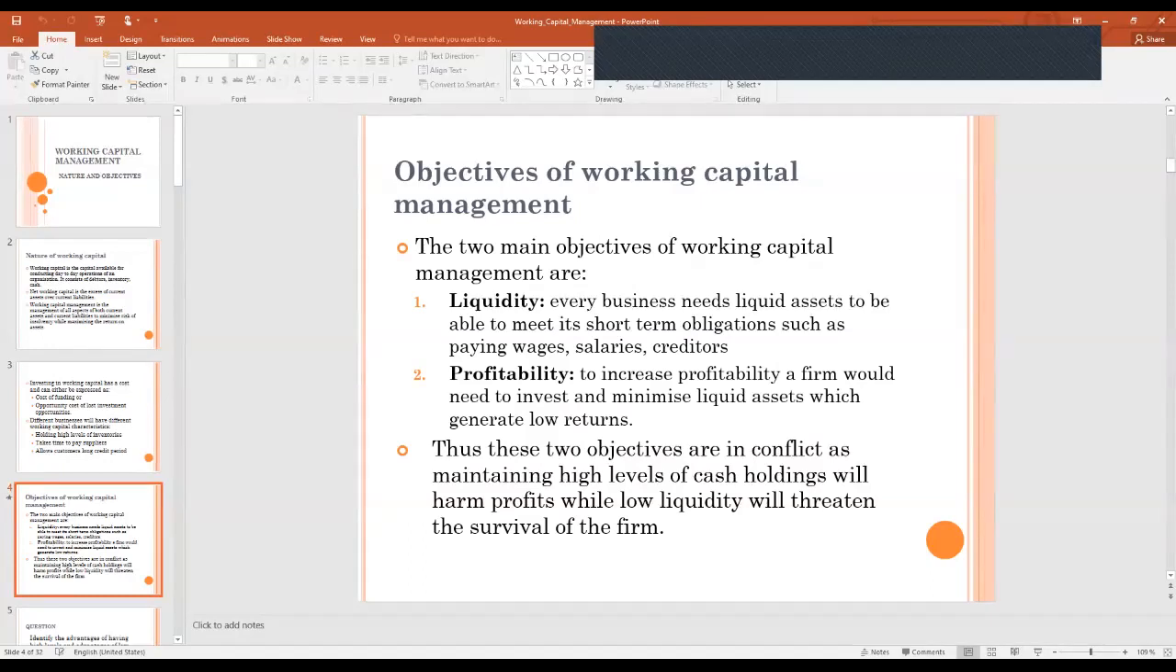The other objective is liquidity. As mentioned, you want to ensure that as a company, you are able to meet your obligations when it comes to,